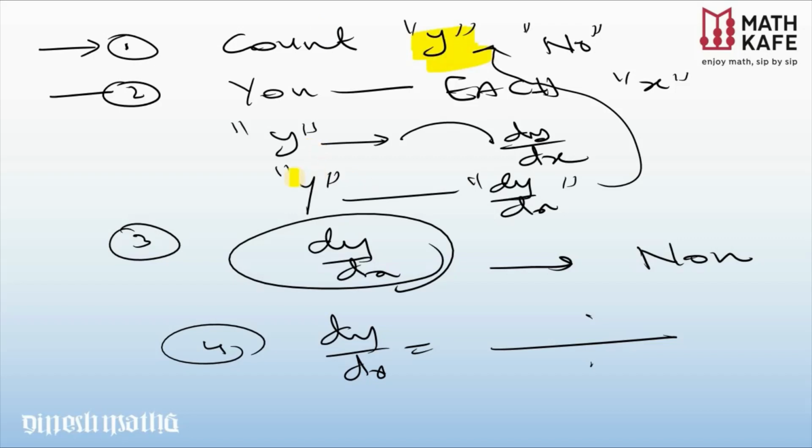And whenever you differentiate y, you will be landing on a dy by dx. Differentiating y is always followed by a dy by dx. Collect all dy by dx on one side and non-dy by dx on the other side. Then finally, dy by dx. This is the procedure and the method to be followed. Let us see another example.